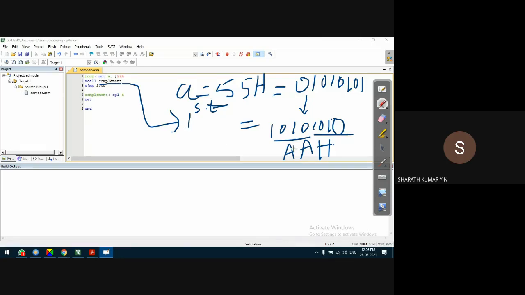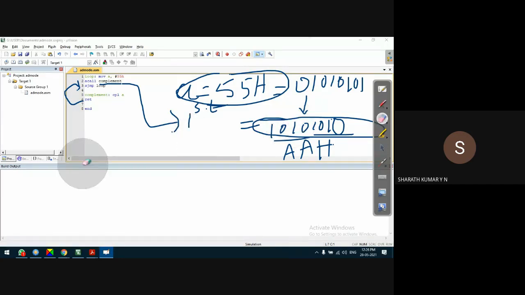Very simple. After complementing the data stored in the accumulator, we should go back to the calling program. In C language, you can call it a calling program. In assembly, we can say we go back to the point from where it was called, where the execution has to continue. We cannot say calling program here because there is no concept of a main program. It's a single program, and within that program we have a subroutine. That's how we can understand this program.